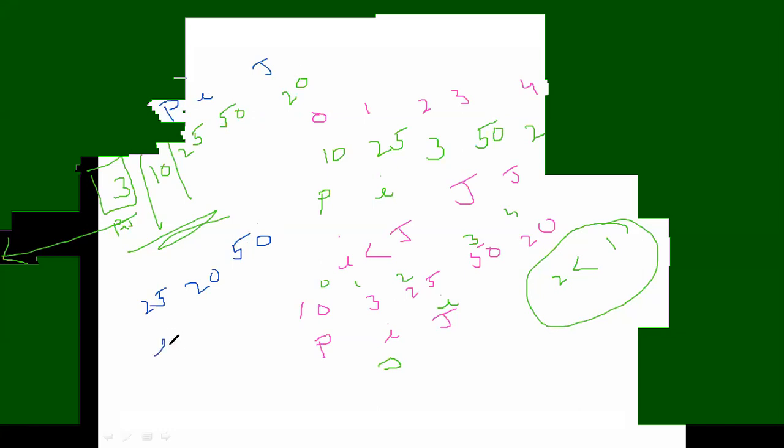Again, I'm choosing another color for the pivot. So my pivot is here, 25, pivot, i and j. The i value is less than the pivot, increment i by 1. So i is here, the j value is greater than the pivot, decrement j. So j is here. Okay. Now check the condition. Condition false, then swap the elements of i and pivot. Sorry, j and pivot. So the answer is 20, 25, 50. So the solution is 3, 10, 25. So in this way, you have to do the quicksort algorithm.